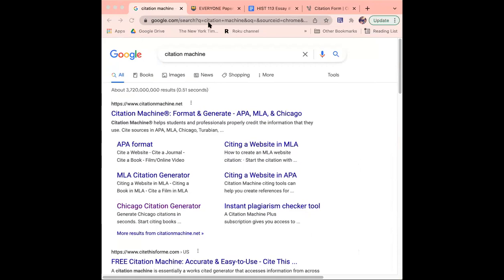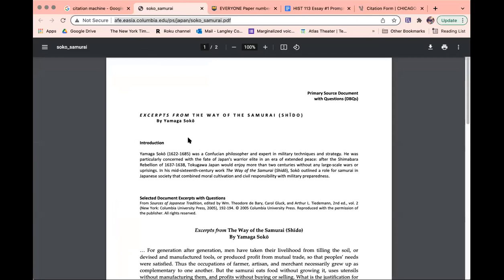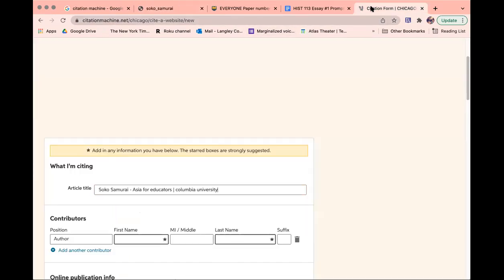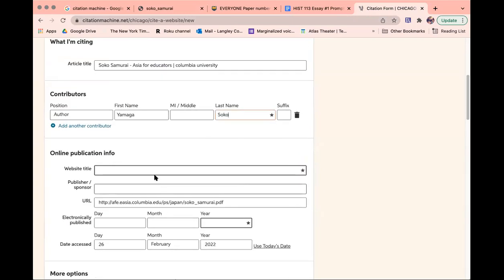So I'm gonna, oops, can I make two? I'm trying to put this side by side. This is a little bit tricky because the author is actually Yamaga Soko, but the author of the website clearly isn't Yamaga Soko. So we're gonna have to make this one a little bit different. So Yamaga. I honestly don't know which one is first name, last name, but this is going to work for our